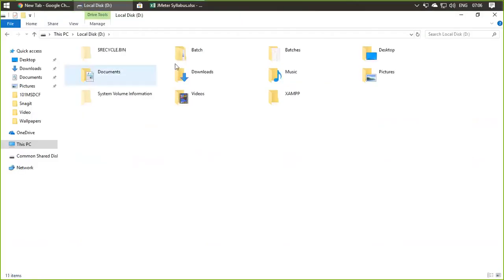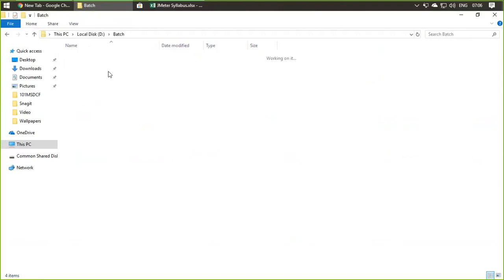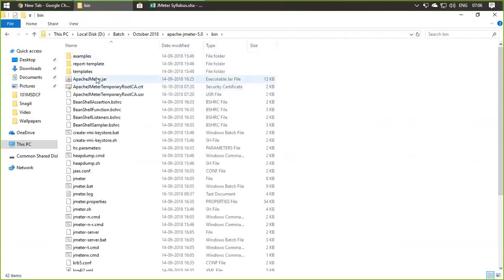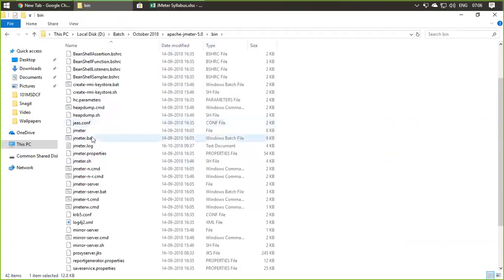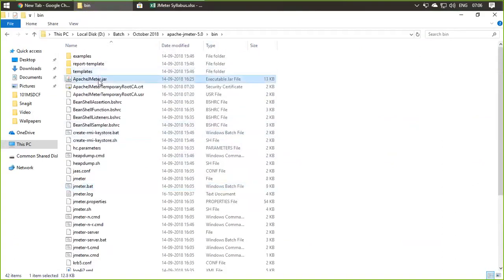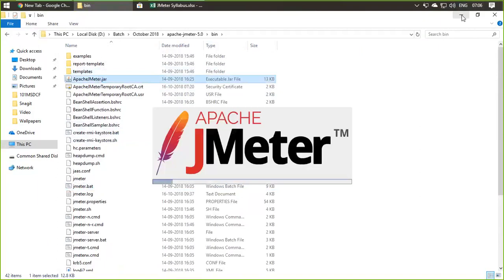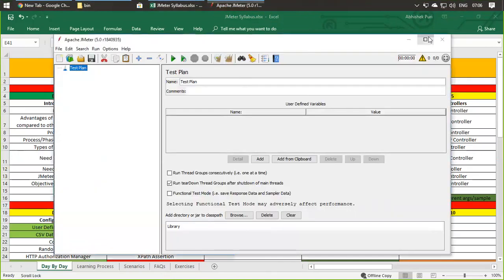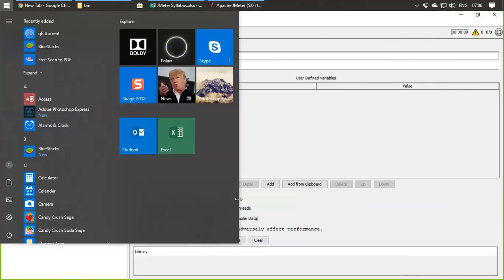JMeter is stored over here in this directory. Now, I already told you there are two methods, whether we can run this directly or we can run this jmeter.bat file. So I'm running this directly right now. We would be running this jmeter.bat file later on. Okay, so as JMeter has started, now